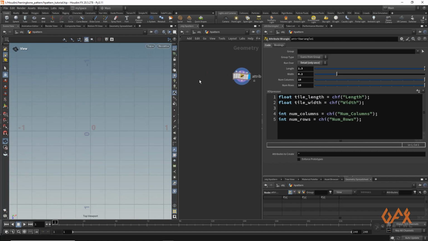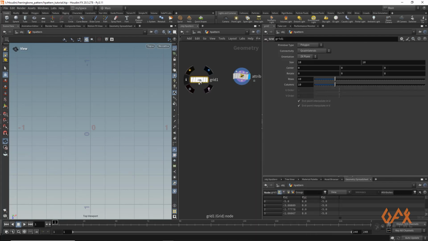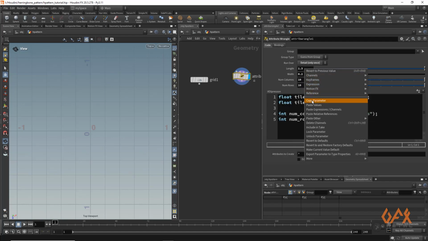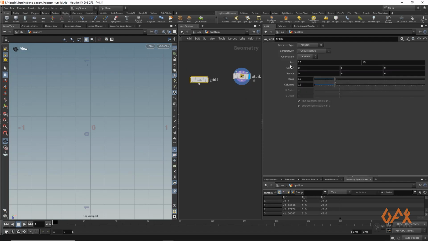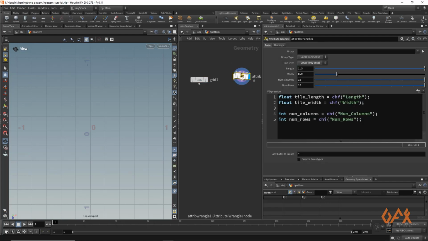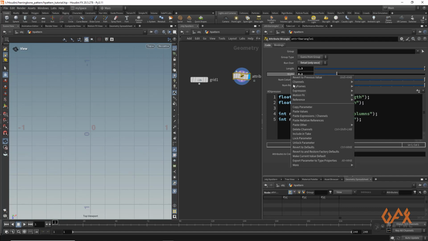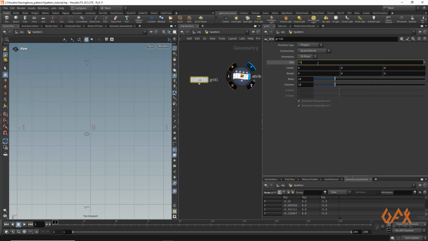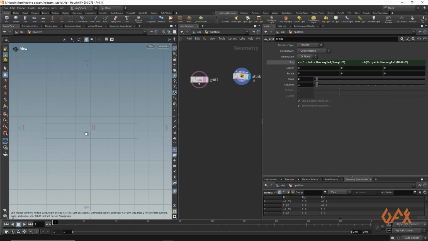As well as here I need to create one grid that represents my tile, and for that I need to copy this length parameter, come over here in your grid parameter, paste relative reference, go again into your attribute wrangle, copy parameter of width, again select grid, and in parameter just paste relative reference. Okay, so now I get these tiles like this, and definitely I need to change my row segment, and this should be 2 by 2. Okay, so minimum segment I need.